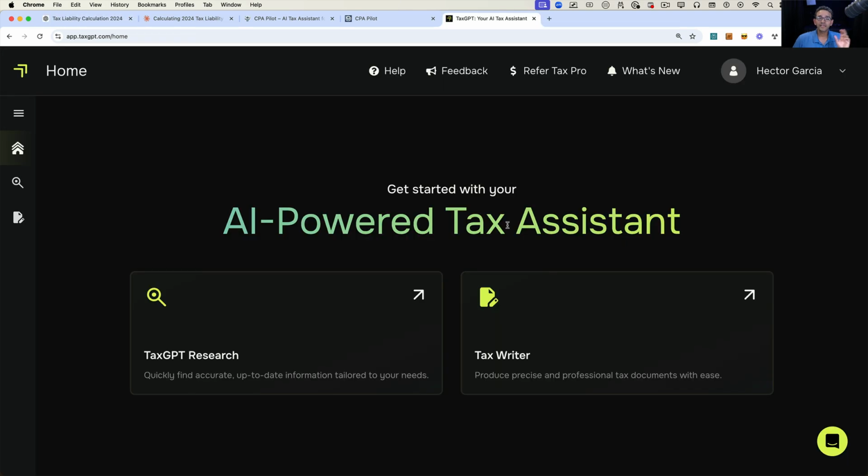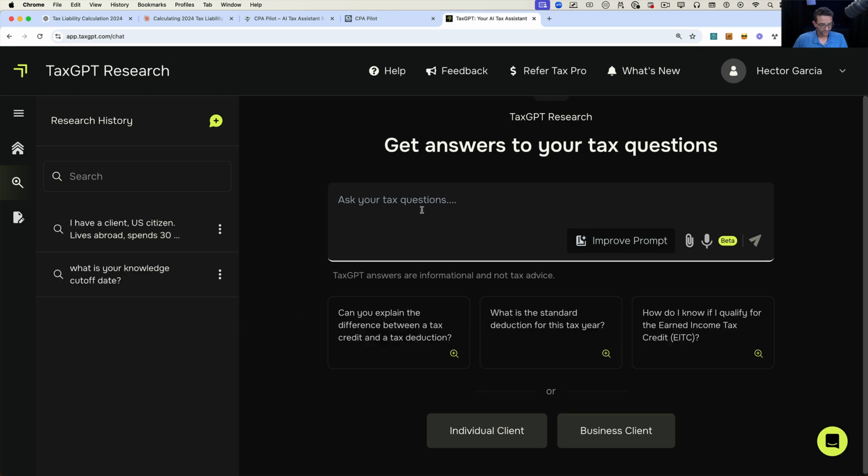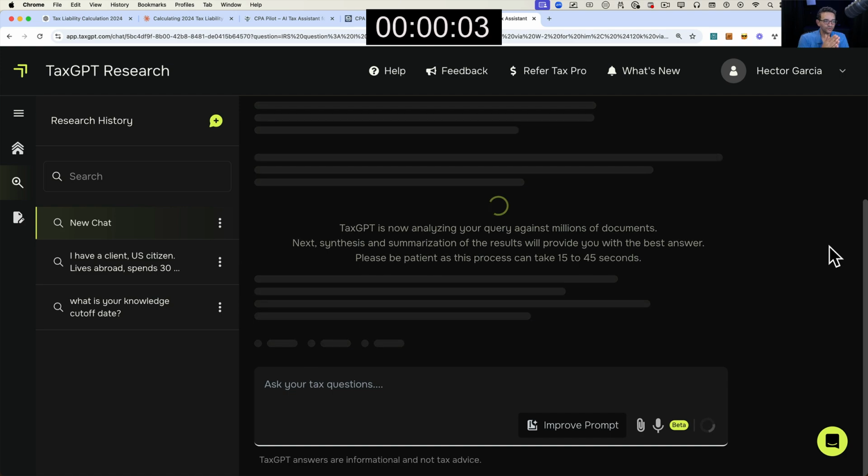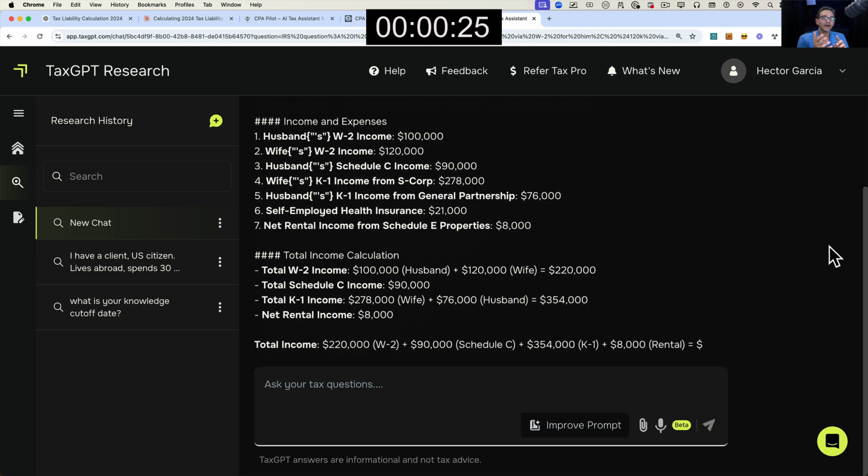We're going to try one more. This one's called TaxGPT, also similar to CPApilot. We're going to do the exact same thing, ask the same question and hit send. I think it's just fair to try all the different AI applications that are out there. Both CPApilot and TaxGPT are mostly focused on helping accounting professionals, so the average small business owner wouldn't buy TaxGPT to research and do this sort of thing. It would be more common for a small business owner to use something like ChatGPT or even Deepseek to come up with answers. So let's see what the answers are here.